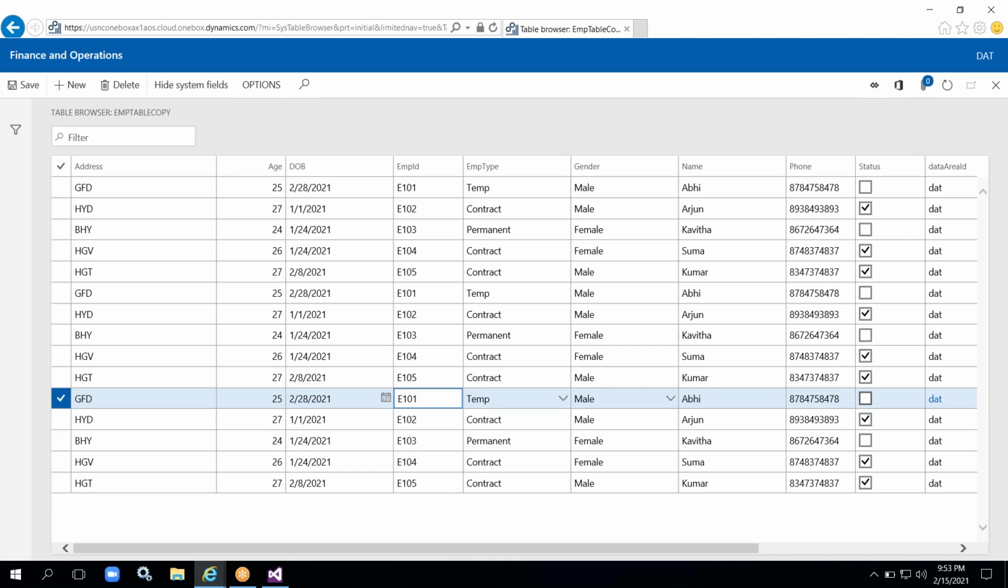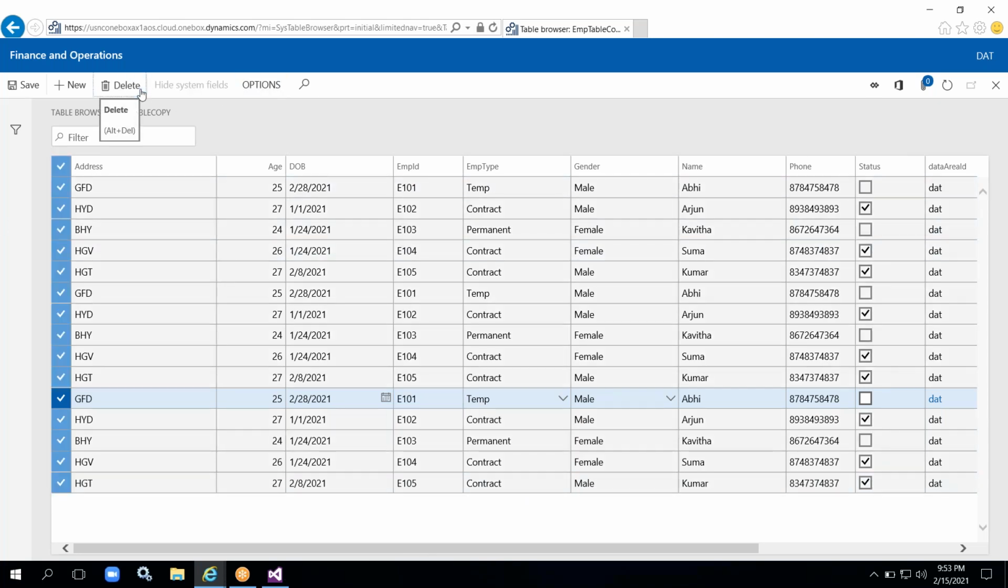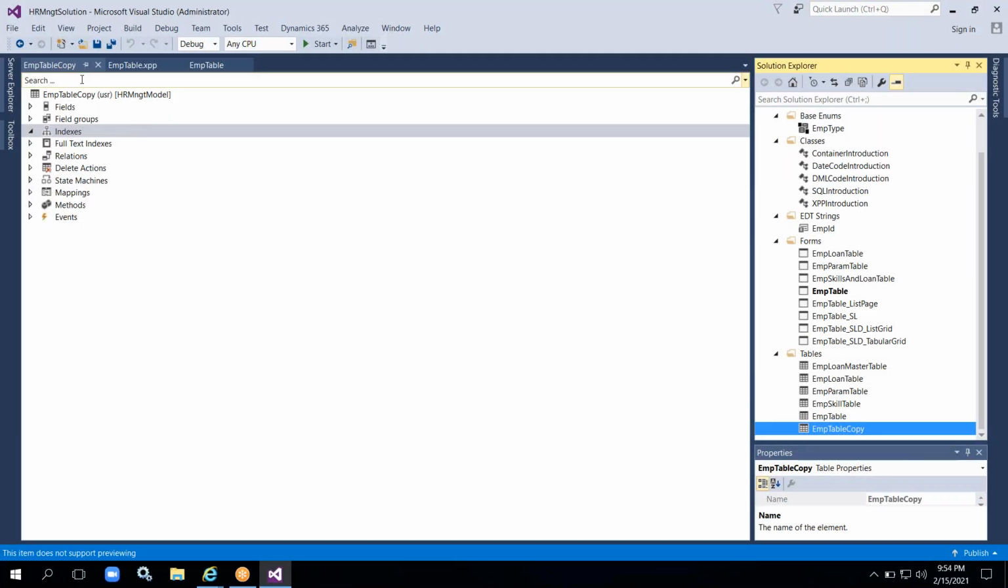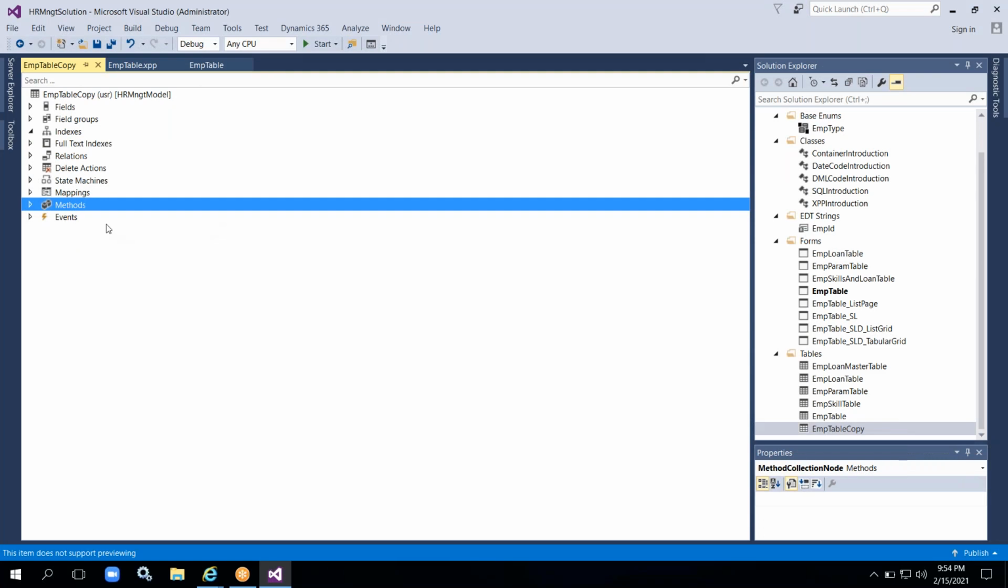Okay. So how we need to restrict the values, that we need to think right now. Okay, let me delete all the records in the copy table. Now here, where exactly the data is being copied, in that table, I will write one static method. In EMP table copy, we are copying the data, right? This is the destination table. So here I'm writing a new method